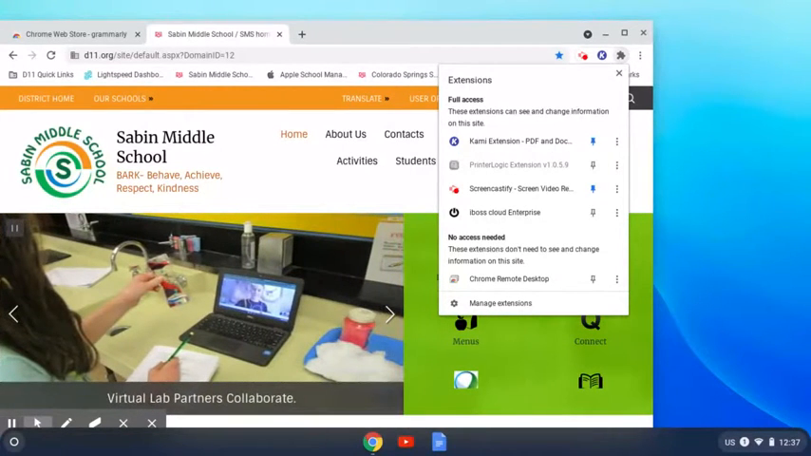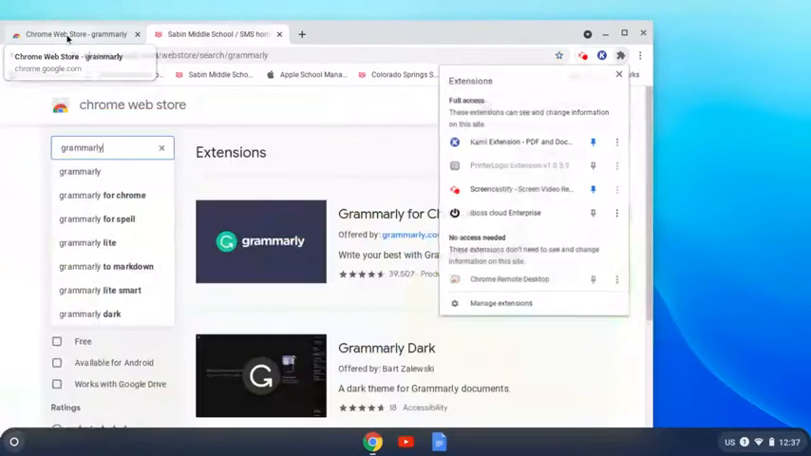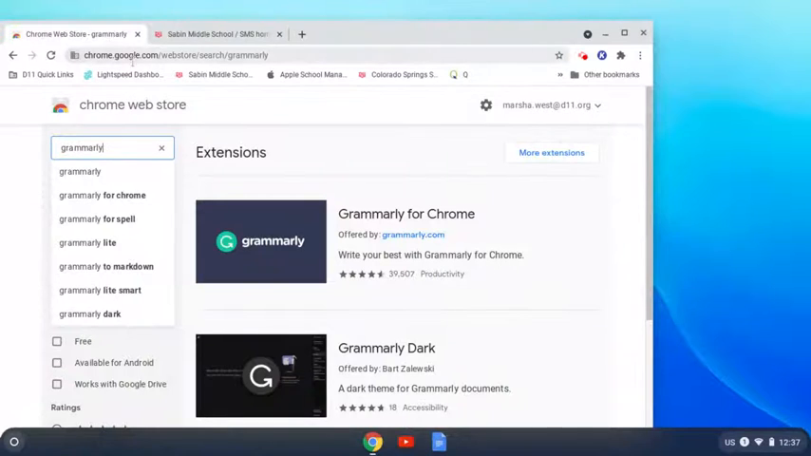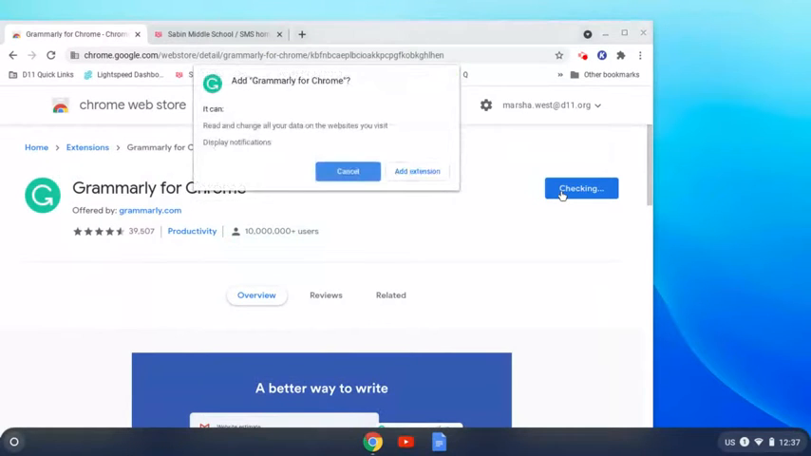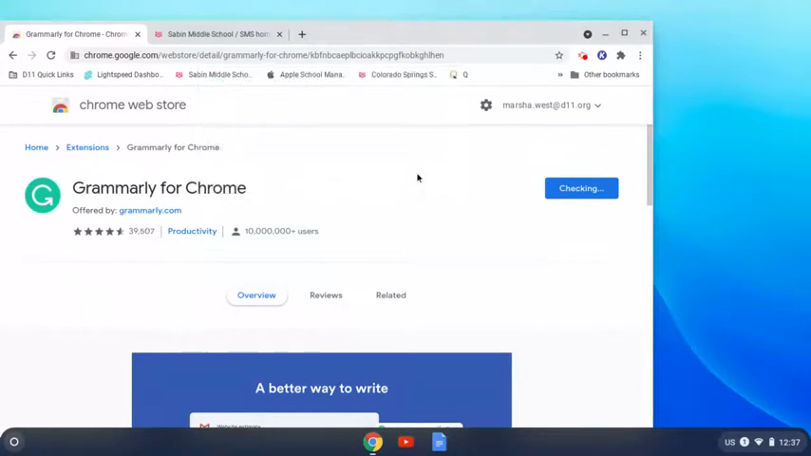What can you install? You could go to the Chrome store at chrome.google.com, and you could search for available Chrome extensions. The Chrome extensions that have been enabled for students are a little different than teachers. I would suggest everyone get the Grammarly extension. Just type in Grammarly, click on it, add to Chrome, add extension,